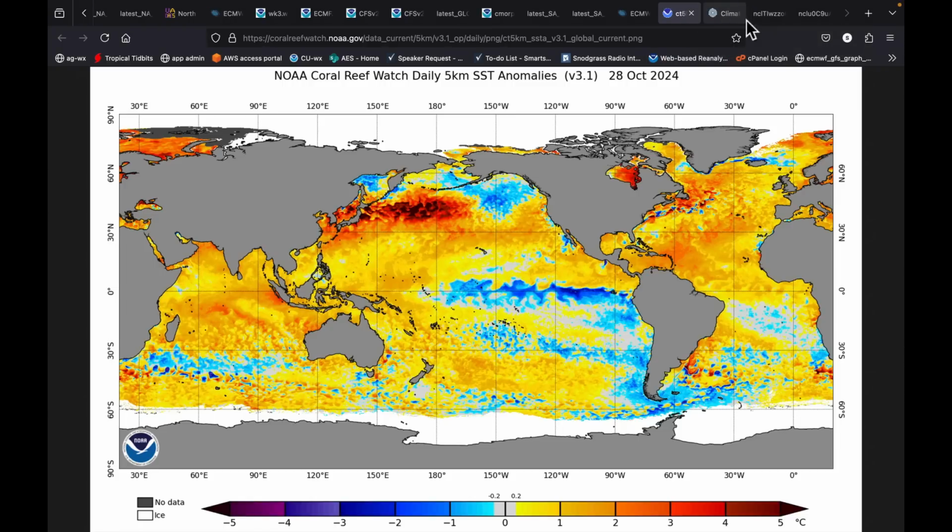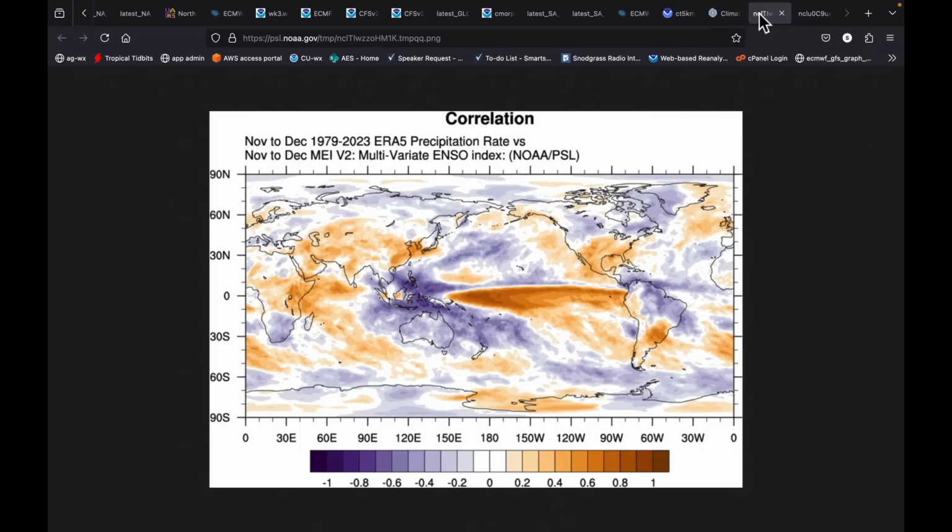So given all of that, can I do one more thing for you before we wrap this up? I'm just going to show you two maps. They're global. And we're going to look at November to December. And I'm going to show you a correlation map with precipitation rate against ENSO, or El Niño Southern Oscillation. So the blues represent a negative correlation. This would be positive. So this would be wetter during a La Niña, and this would be drier during a La Niña. And you note that much of northern Brazil tends to do well. The Amazon tends to do wetter. But southern Brazil into Argentina tends to be drier. And also the southern tier of the United States tends to be drier. Australia wetter, just as an example.